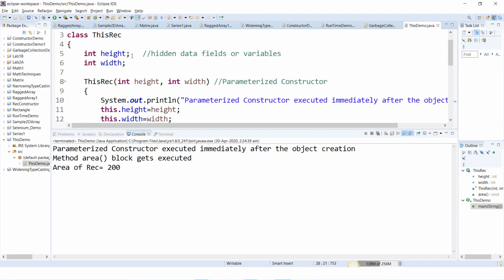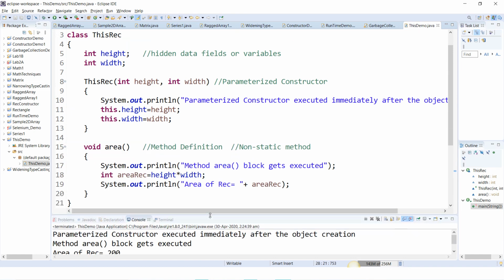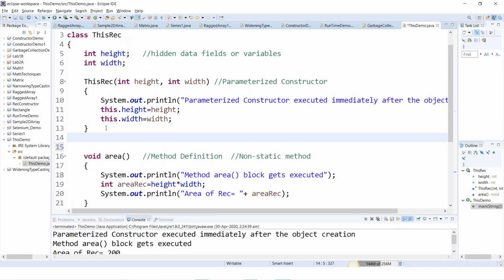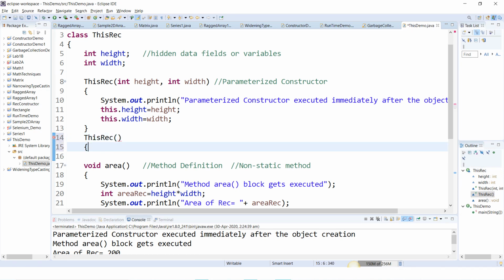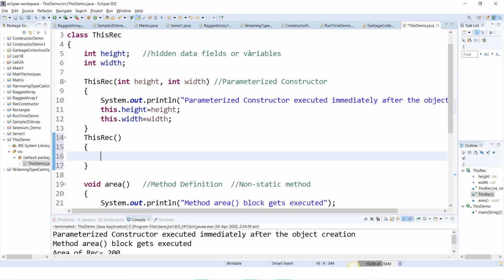And then after this, I'll take one more constructor, this rec with no argument, the non-parameterized constructor.